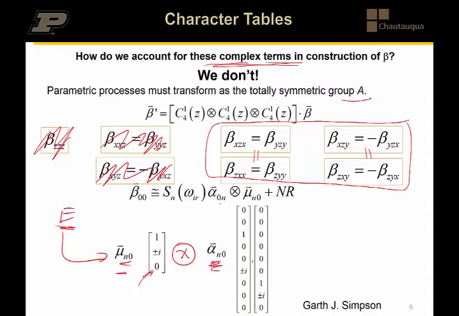One thing we have to do right away, though, is recognize that we're not comparing apples to apples here. We have alpha 0n, in other words, starting in the n excited state and going back down to the ground state. And here, what we calculated in terms of this was alpha 0n. So we need to change that, and we do that by taking the complex conjugate. Alpha n0 is the complex conjugate of alpha 0n. And so now we're taking the Kronecker product of these two, and you can see here we've got mu x, and we're going to multiply that by, in this case,